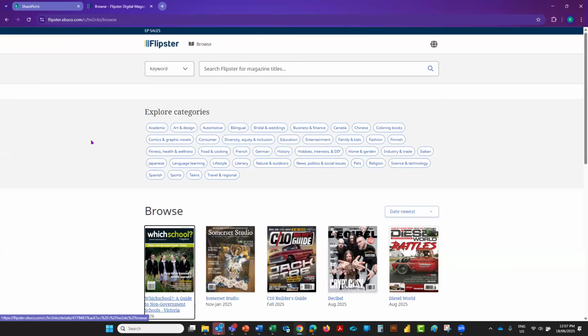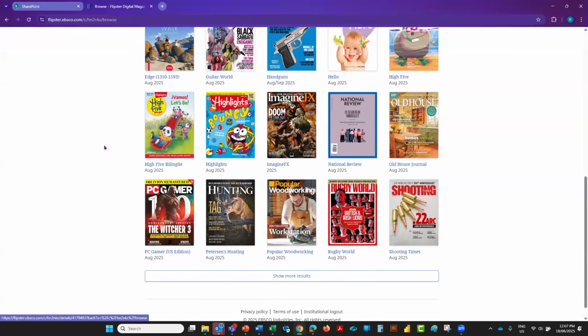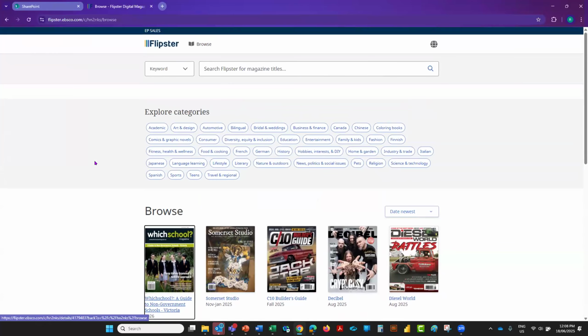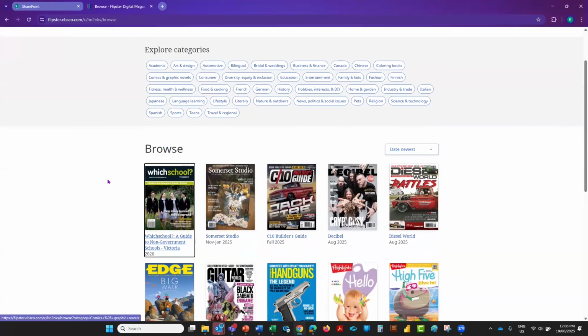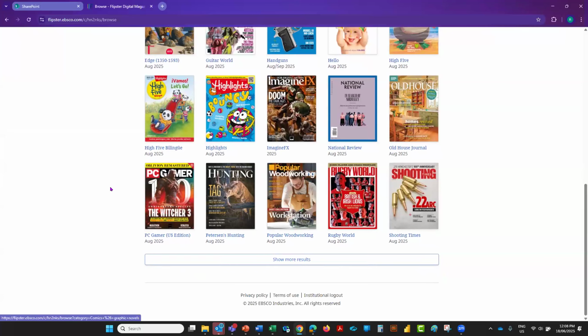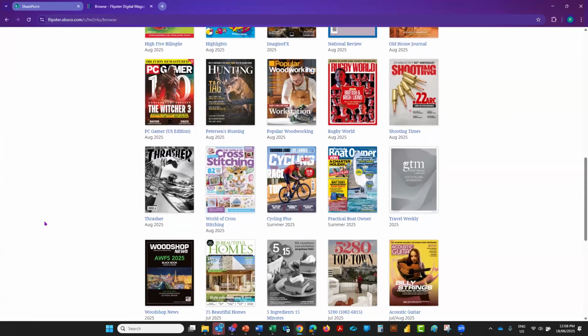If I click on Browse, it focuses on the Explore categories, and you have a Browse section here. So this is another great way to get students reading who perhaps don't know exactly what they're looking for, and if they're confronted with a search bar, they might not know where to start. So scrolling through this Browse section, when you find something of interest,